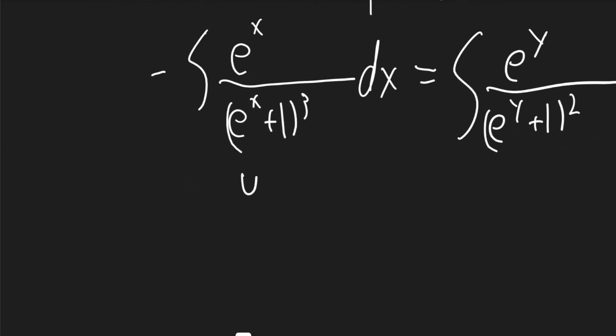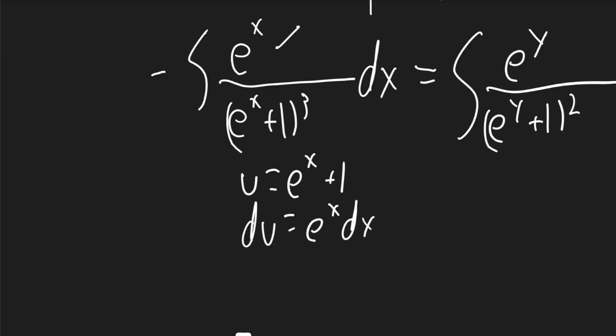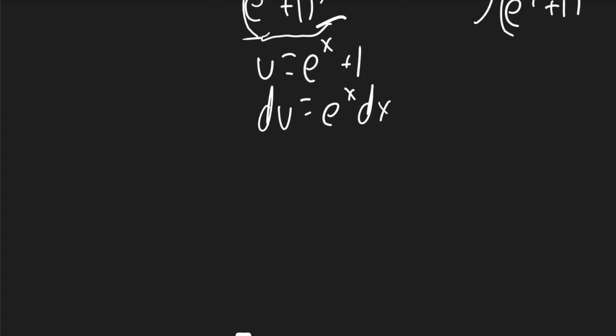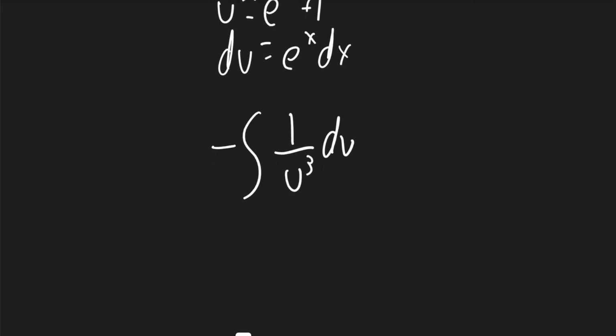Now I can use u-sub. u will be e^x + 1 for the left side. du will be e^x dx. And as you can see, the e^x is right there. And then this term right here is u. So it'll be negative times the integral of 1 over u^3 du. So it'll be negative integral of u^(-3) du,